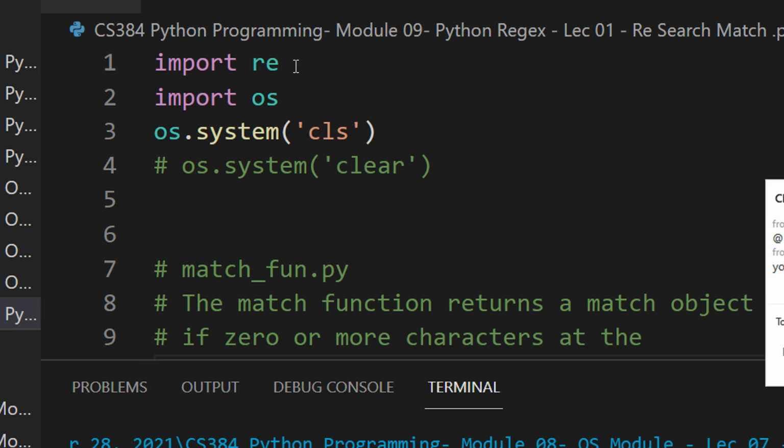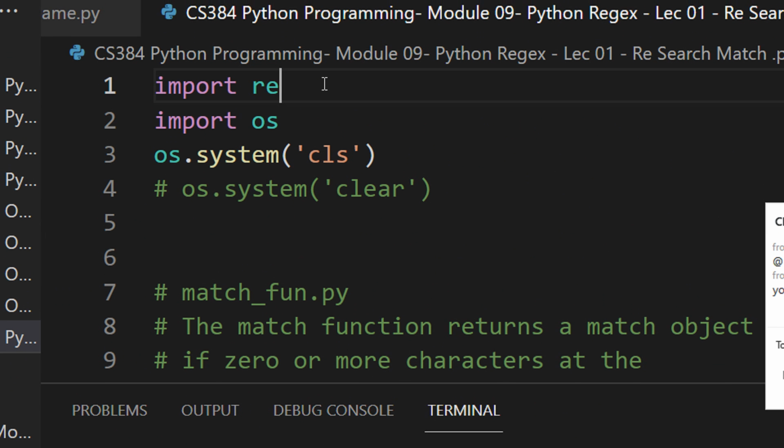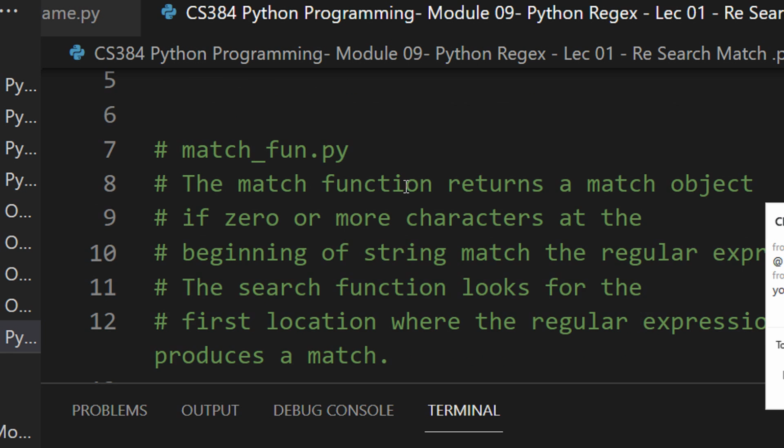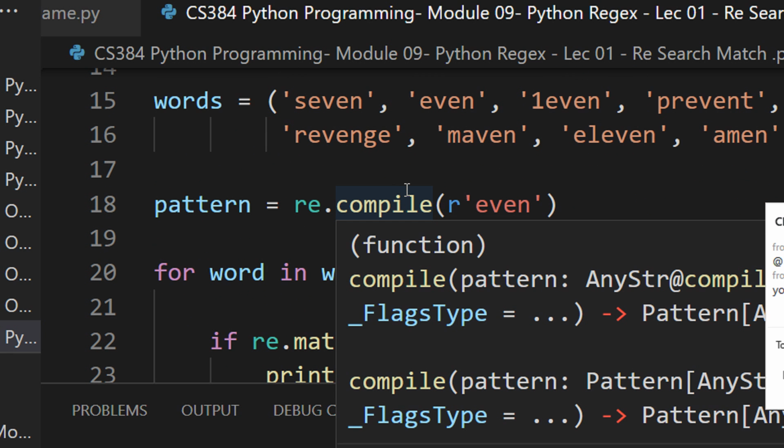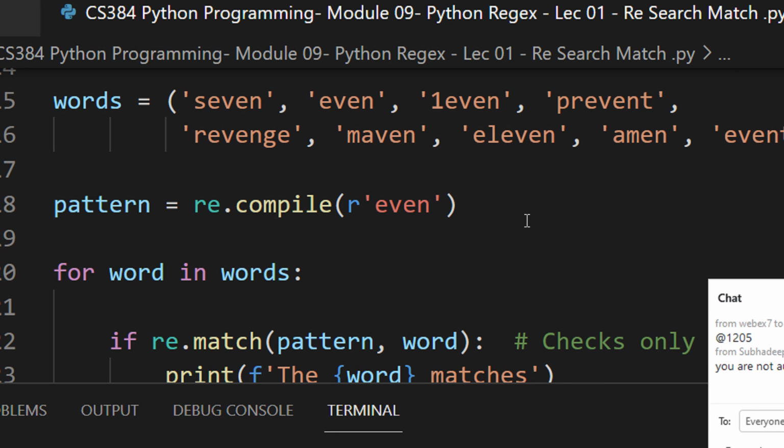So first, this is a library, re, which basically stands for regular expression, right? So re stands for regular expression. We are just clearing the screen here, right? So now, since this is used for basically searching things, regular expression is mostly used for pattern matching, for searching strings and all, right?